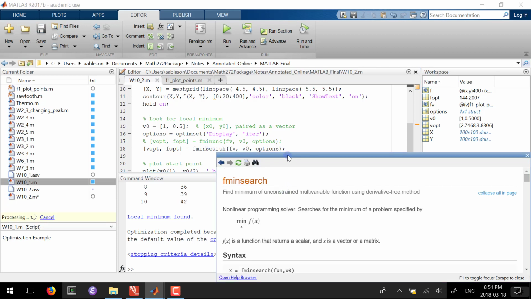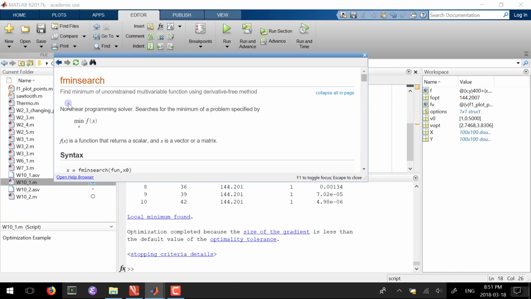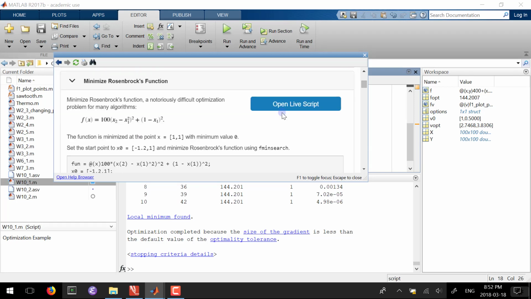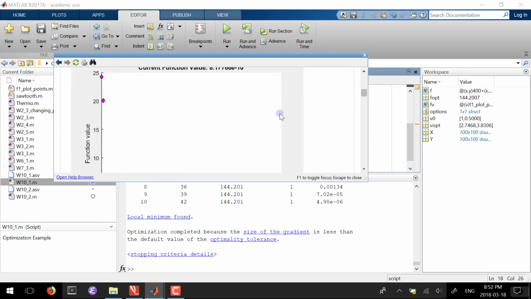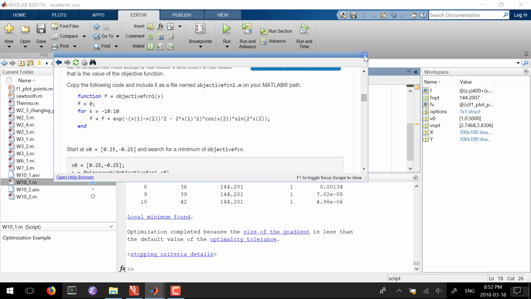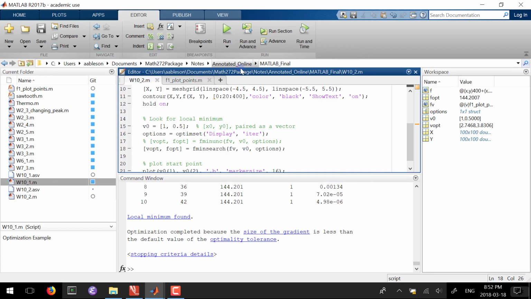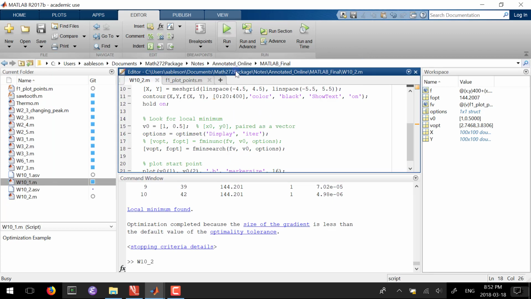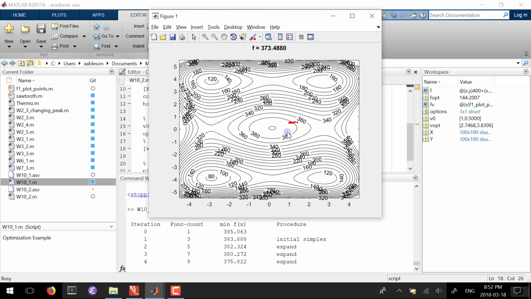We'll take a quick look at the help menu though, and we see: find the minimum of an unconstrained multivariable function. That's exactly what we want. Minimizing a function by trying different x values. X is a vector. This is exactly the same as fminunc. There are details on the algorithm and all sorts of other information, but at the end of the day, we just want it to search. So let's try it. And because we have the display routines built in,